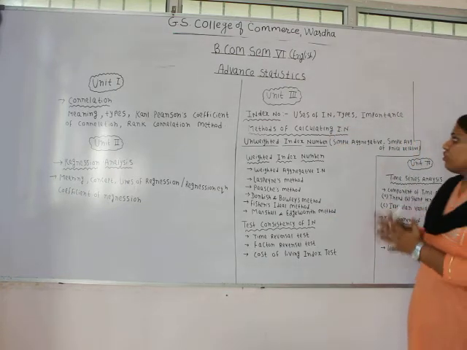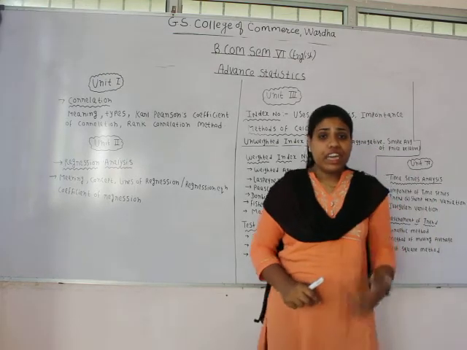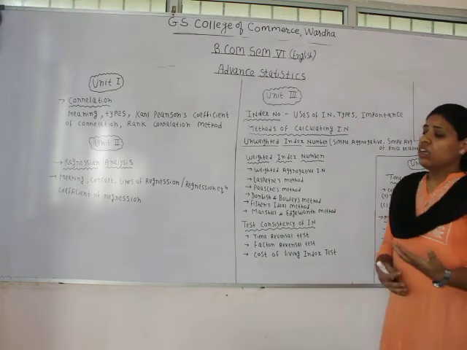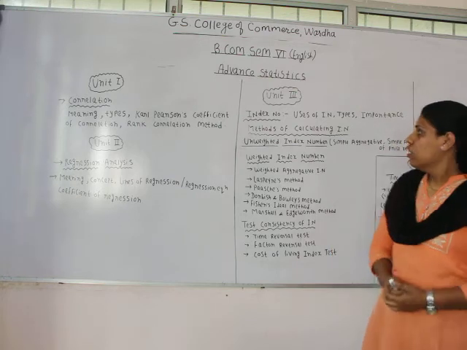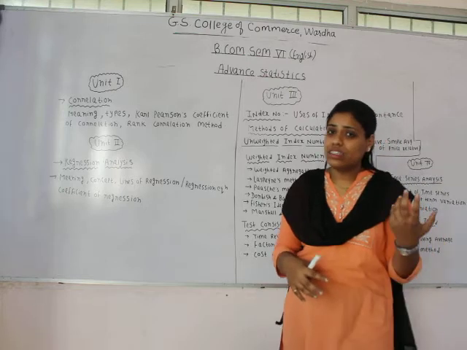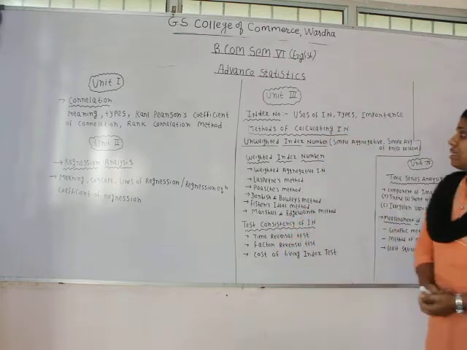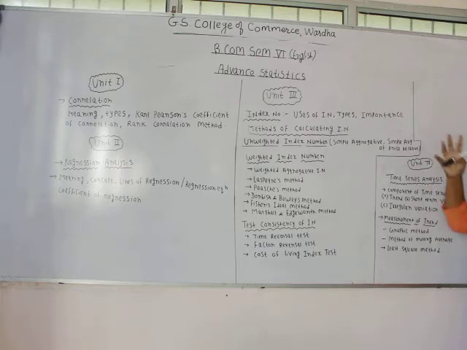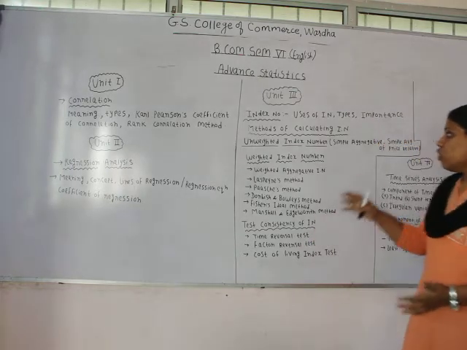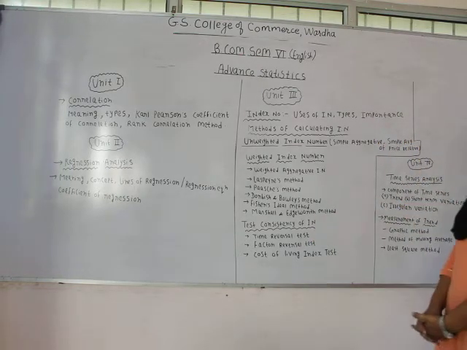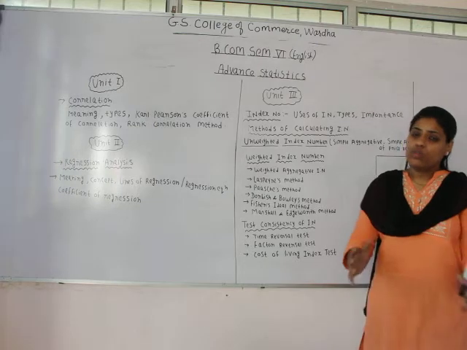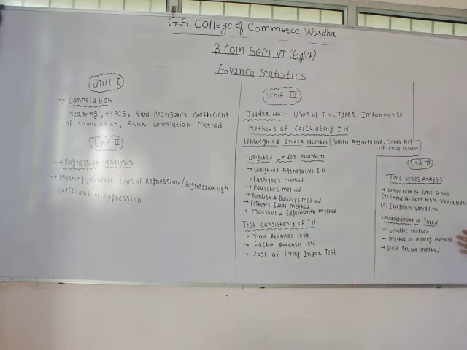Then we will see the types of index numbers. There are different types of index number, and we will see what they are and how they work. Then we will see the importance of index number, here we will see why index number is used, what are the objectives of using it, why it is important to learn it. Then we will see the methods of calculating index number. There are many methods, and in our syllabus we have some methods. We are going to deal with the numerical problems of those methods.